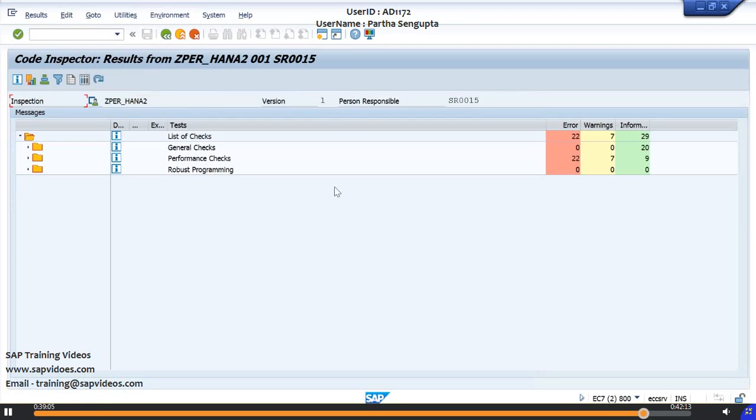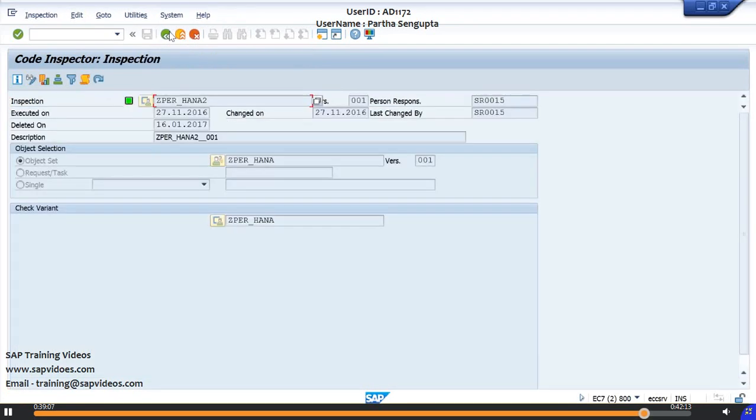So you can do it in two ways when you do inspection. One is normal execution. The other one is execution on the local server in a single process. So you can display the results as well. We can view the inspection results. You can create and do an anonymous inspection here. So this is how the SCI works for your